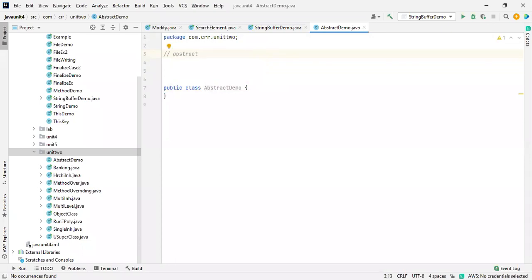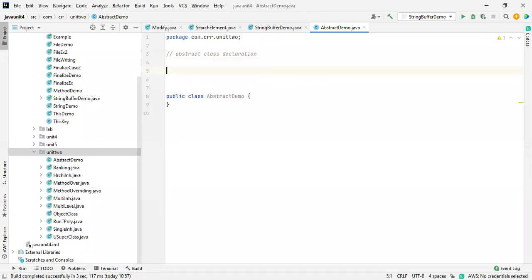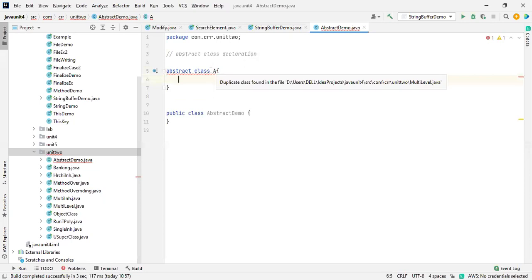So how do you do the abstract declaration? First, what we discussed: the abstract keyword, then class, and then the name of the abstract class. Duplicate class found.